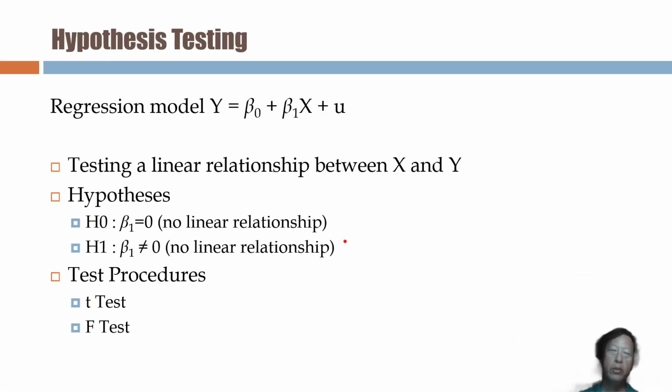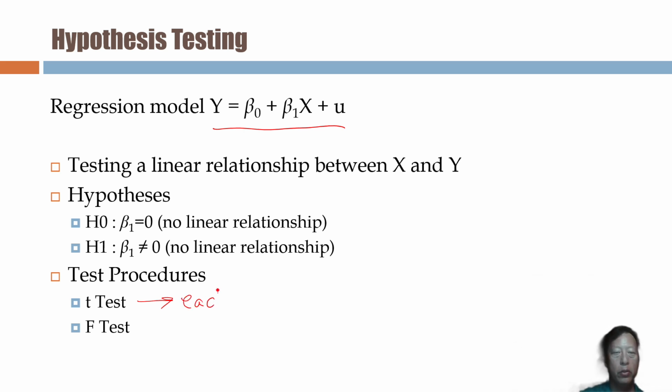Hypothesis testing on the regression. So regression, you can have two different kinds of hypothesis testing. Let's say we have a regression model, something like this, and then we can have a hypothesis test: t-test and f-test. In the simple regression model case, t-test and f-test are basically the same, but t-test is